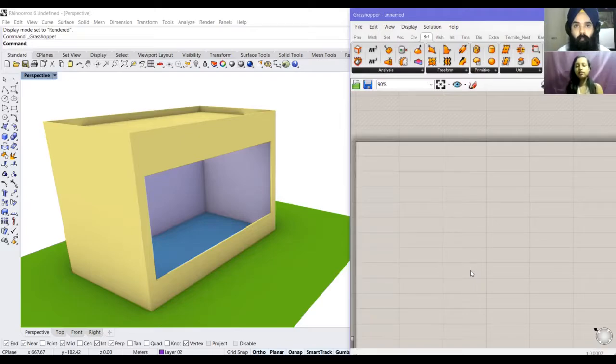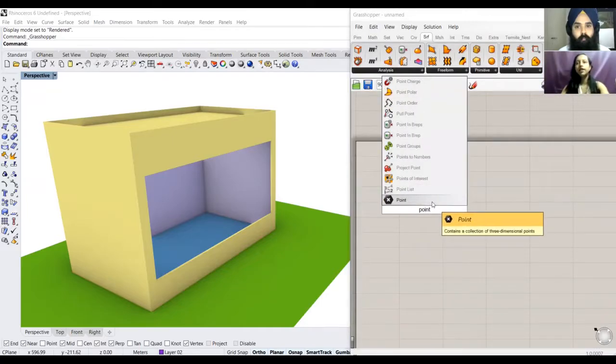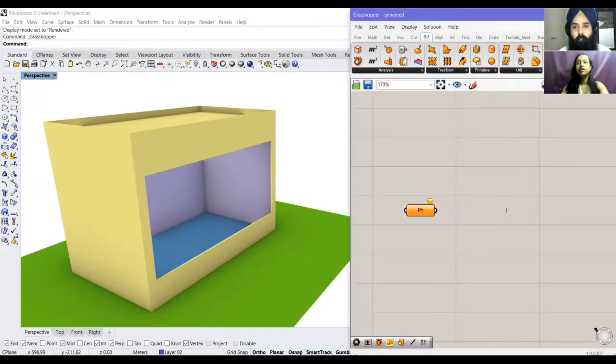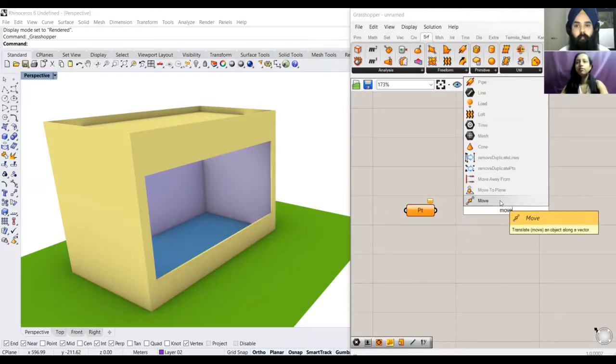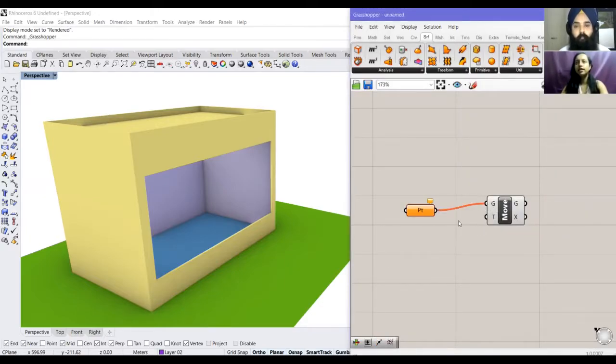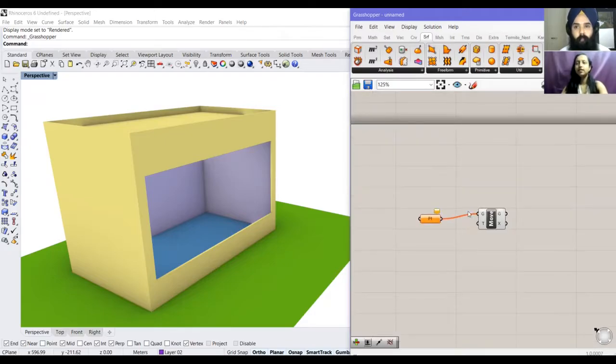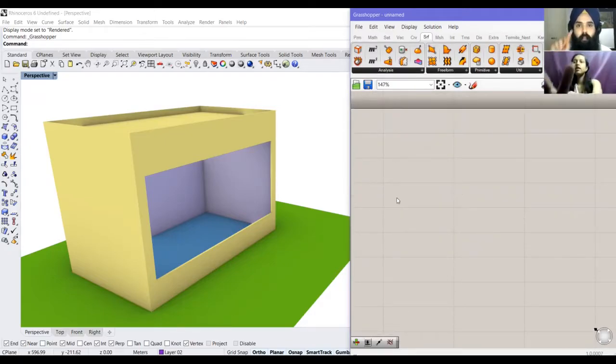Right. So Grasshopper is a coding software. It's a parametric design software. If you can see here, there are two interfaces. The one on the right is Grasshopper, where we can add any command like that. We can type commands in, and it's got input and output junctions. So if I do, let's say, a move command, then a move command asks me for a geometry and then a translation vector, and then things keep happening like that. So that is what Grasshopper is currently.